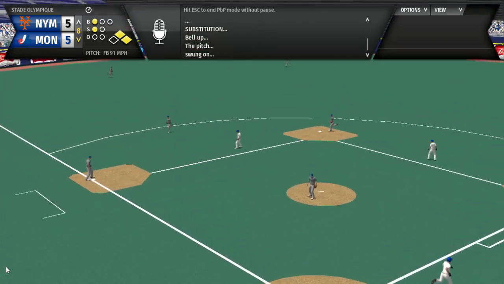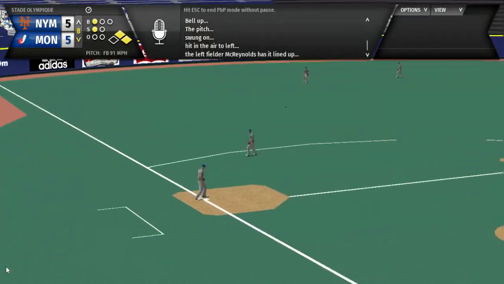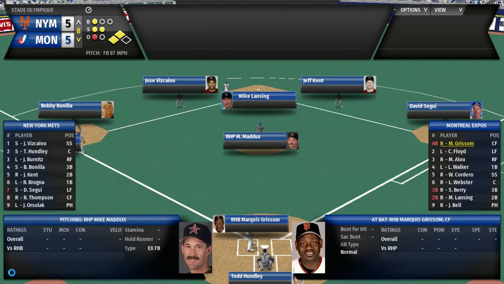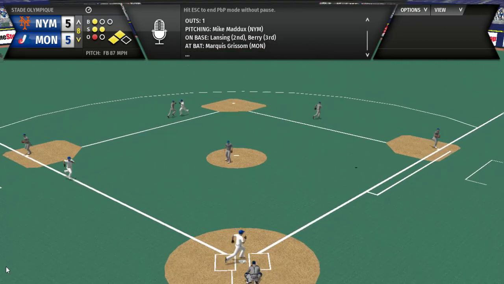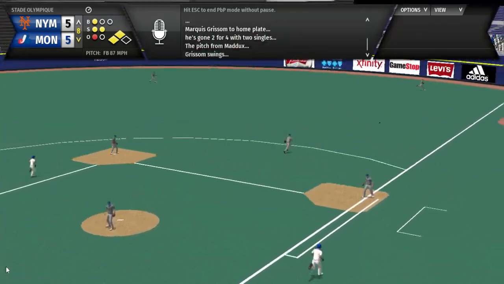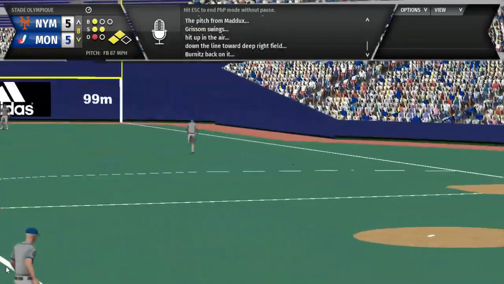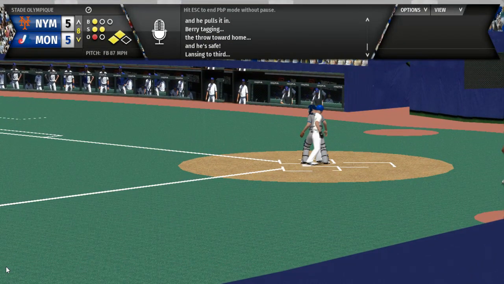There's a fly ball from Juan Bell out in left field. I doubt that's taggable, but let's see. Nope, the runner's holding. 1 down. Now it's second and third with 1 out. Still tied 5-5. Marquis Grissom hits one to right. It's pretty deep. It's playable, though. That's the second out. He's going to tag. Here comes Berry to the plate. And he's safe. Lansing also tags up and moves to third.